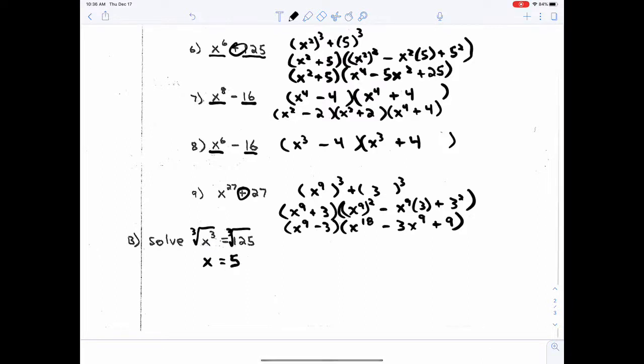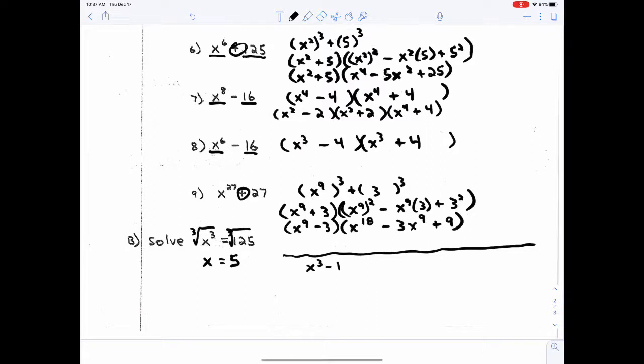Now, I've told you that x cubed equals 125 should have 3 answers. It does. And I think I might have mentioned this in a previous video. What would be the technically correct way to do this? I'm just going to show it to you here. You don't really need to know it now. The technically correct way to do this would be